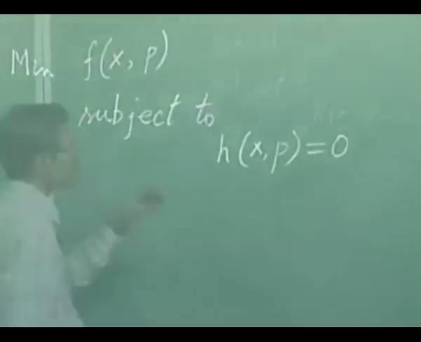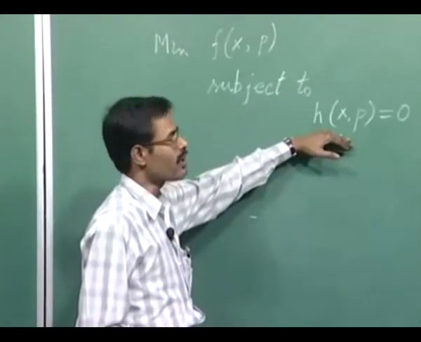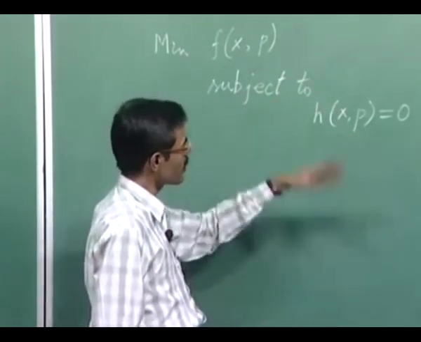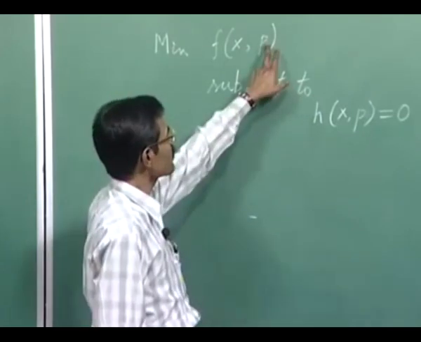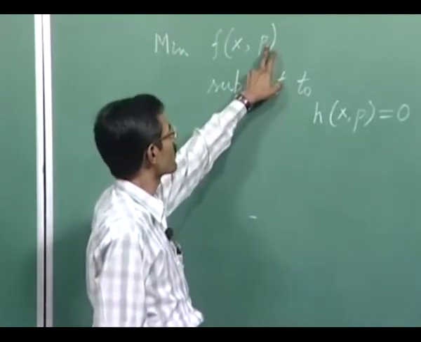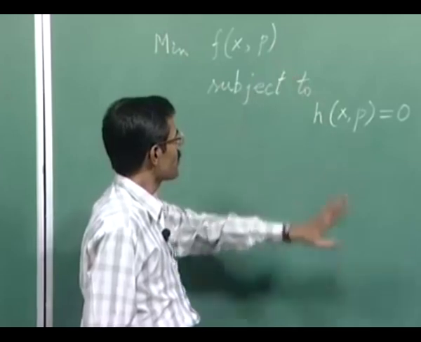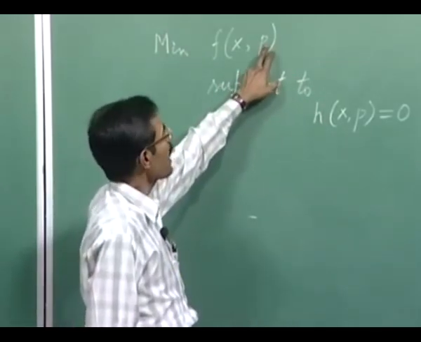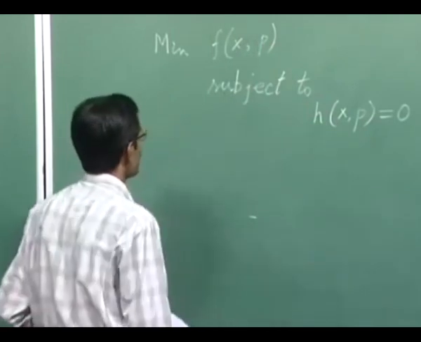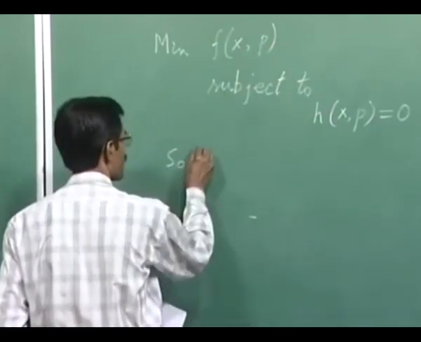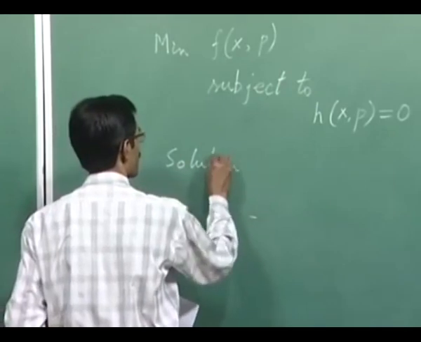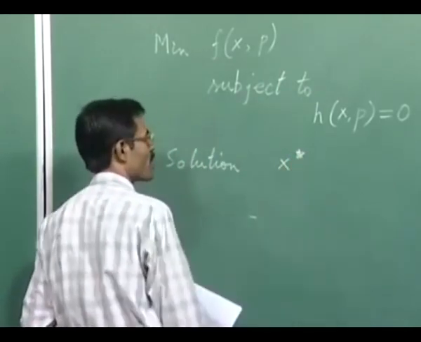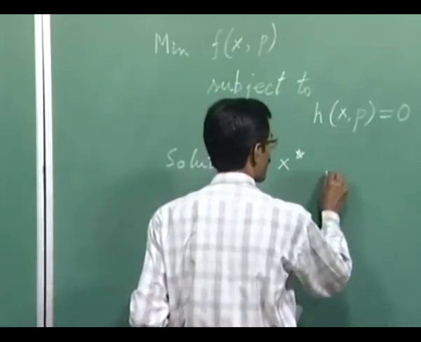For simplicity, I have kept only equality constraints and not inequality constraints, but the theme applies for inequality constraints also. Again, for simplicity, I have considered only one parameter, which is kept fixed. Now, suppose for solving this problem, in the beginning we assigned a value to p and then solved the problem, and then we got the solution as x star, a point in the solution space, and the corresponding